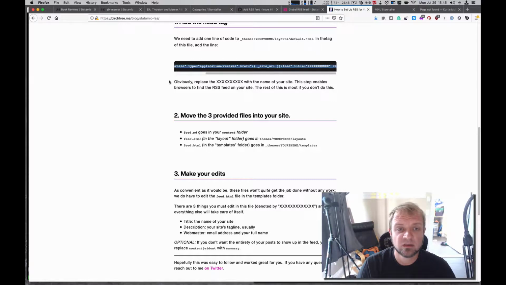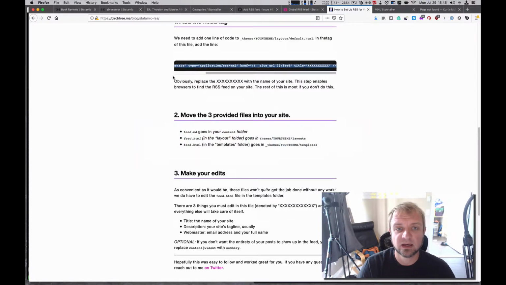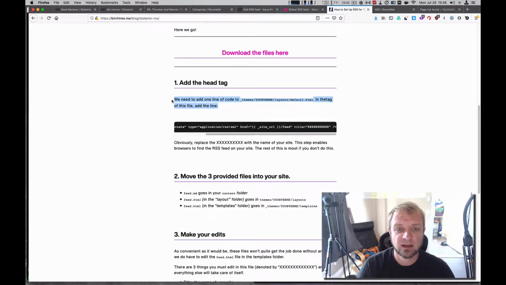All right, so it says paste that in to default. In the head tag of this file, add the line. So I'm looking at step 1, add the head tag,